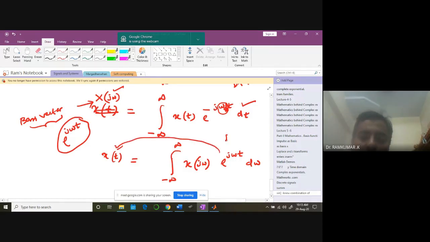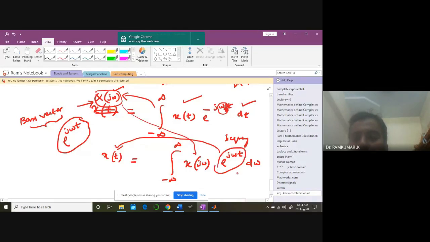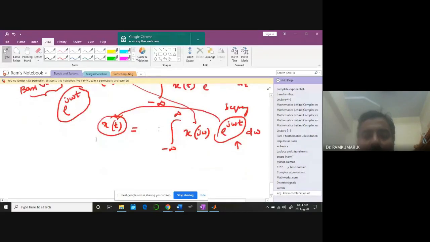This is the frequency domain, so this is a frequency domain expression. From the frequency domain, I'll move on to x of j omega. I take x of j omega, plug it in here, multiply the basis vector for each component, and then I'll be collecting back my x of t. Do you understand the point of what I'm trying to do? So this is the kind of idea we are talking about.